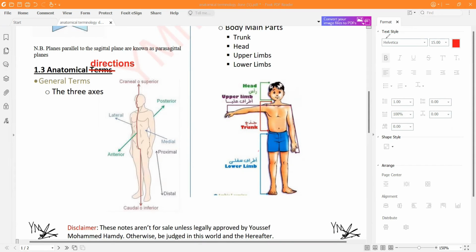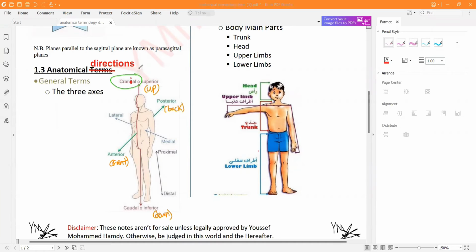You might have in mathematics taken the x-axis running to the right and to the left, and the y-axis running to superior, meaning up, and to inferior, meaning down. Well, we have a third axis, surprise, in 3D images only, called z-axis, running to anterior, meaning front, and to posterior, meaning back. Now, cranial, from cranium, meaning the skull, is the same as superior. And caudal, meaning tail, is same as inferior.